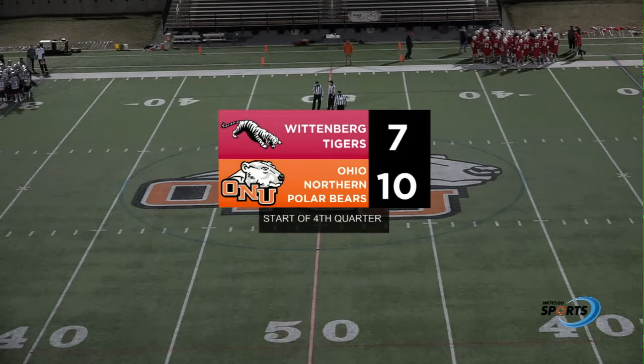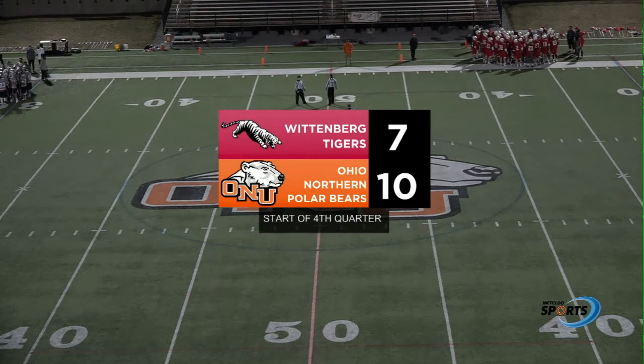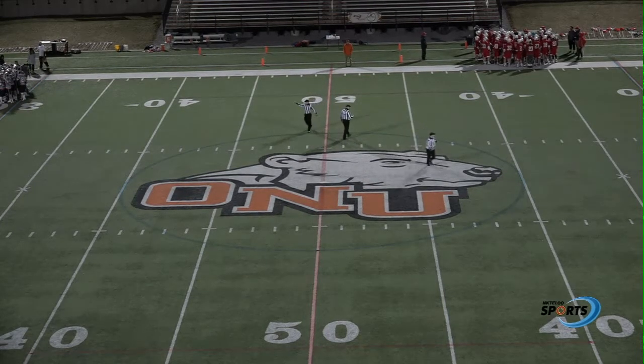Mike and Tom back here in Ada for quarter number 4 on a beautiful night in Ada. The temperature keeps dropping, but the goals keep going up. 10-7 ONU after 3, and really Northern was able to